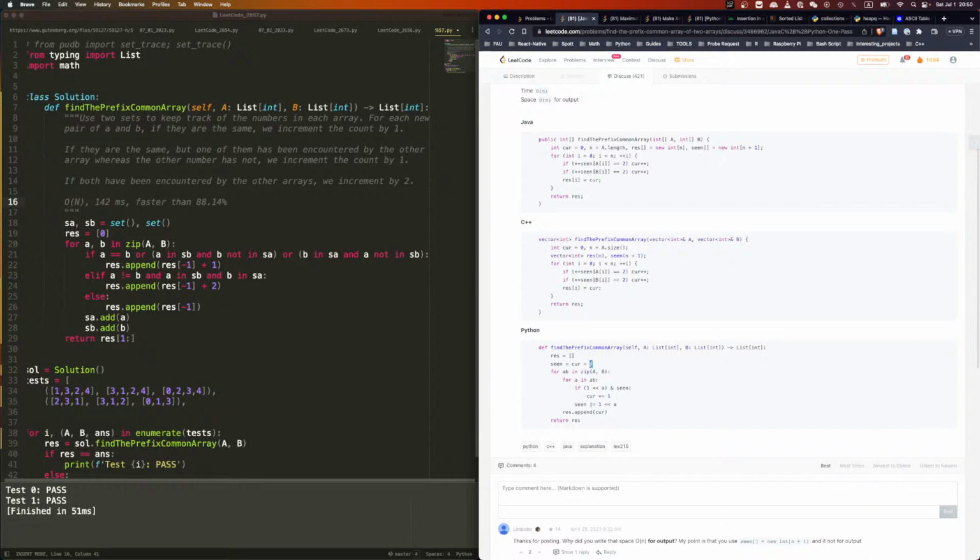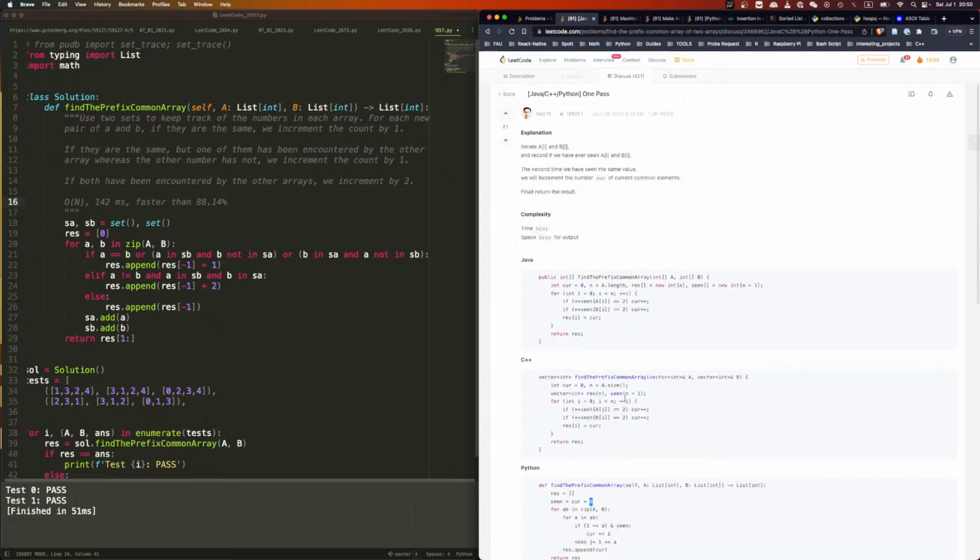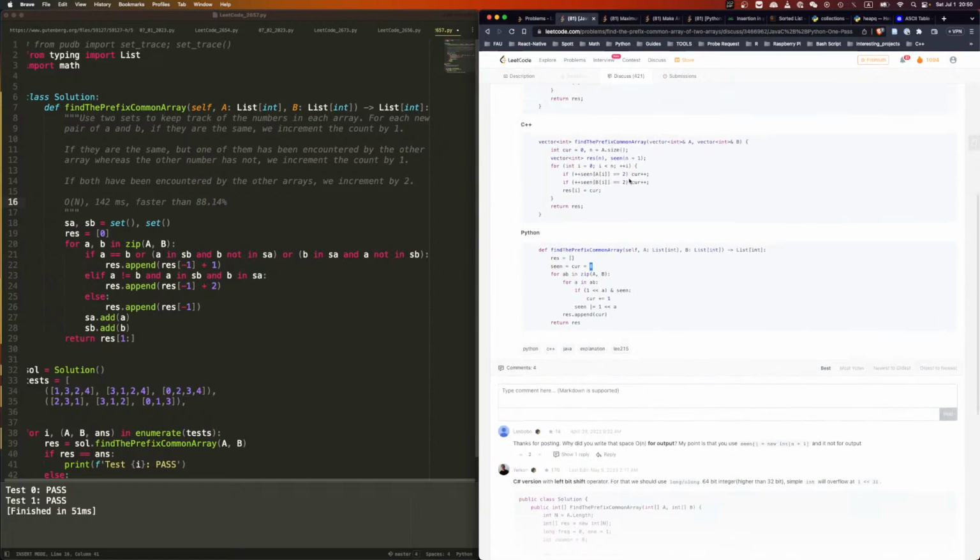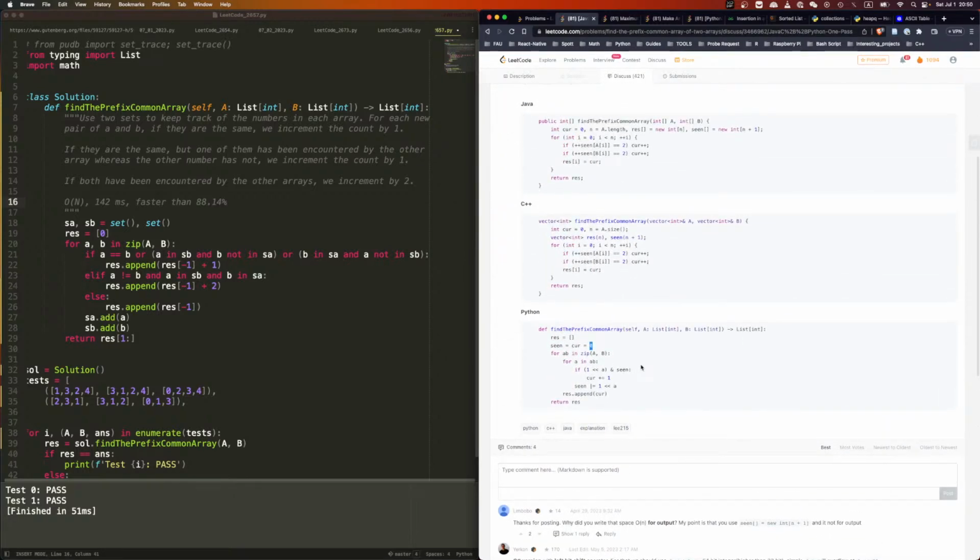If one left shift A, which means if this one has been seen before, then we add the seen. But they only did one. The second time we have seen the value, we'll increment. That's actually true. So if it has been seen before,